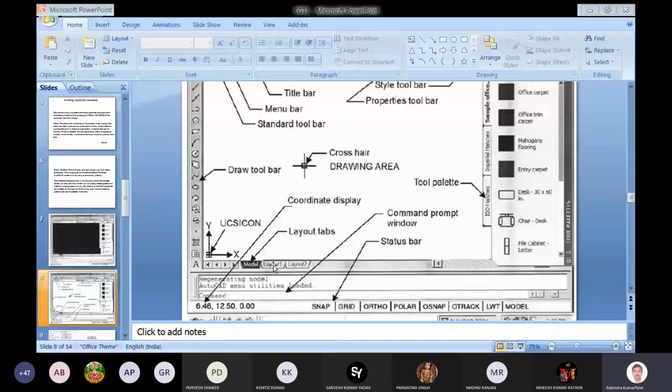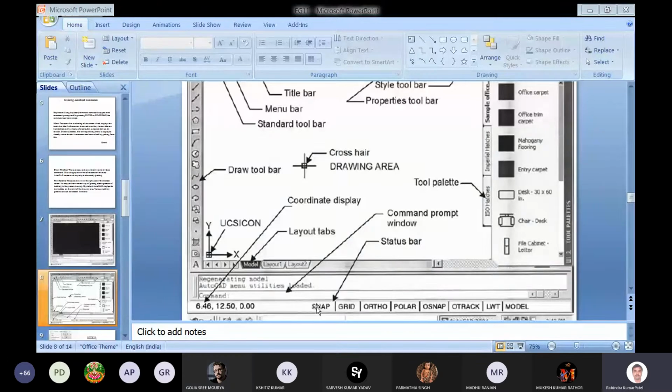Sir, can AutoCAD show other than Cartesian coordinates, like polar, giving distance and angle? Yes, that is shown here. Polar has been shown here.